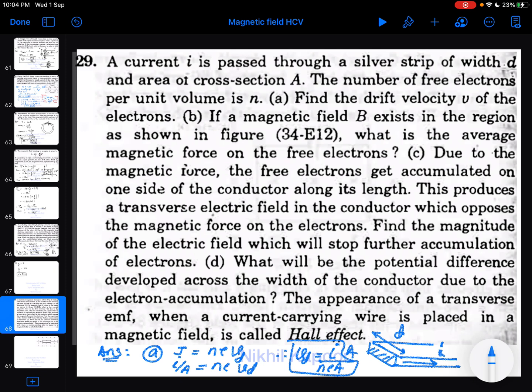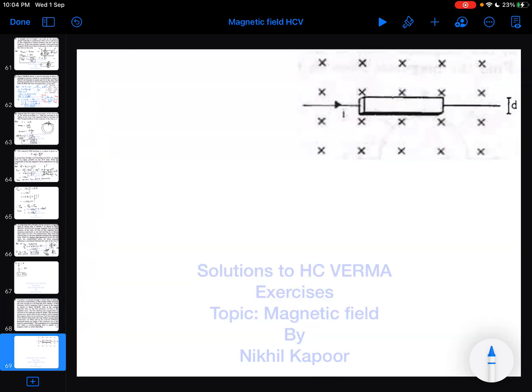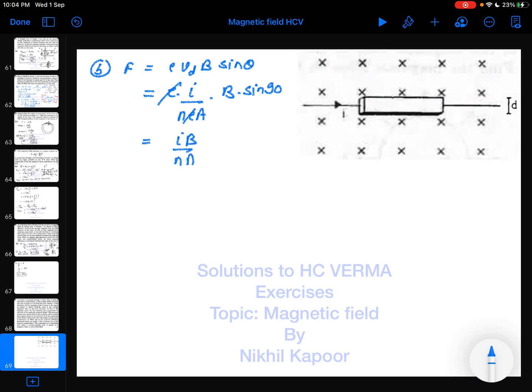Now second, if the magnetic field exists in the region as shown in figure, what is the average magnetic force on the electron? So here if the magnetic field exists, the force on electron will be e v B sin theta. The charge is electron, I upon nEA is the drift speed that we have calculated in part A. Magnetic field is B, while the motion of electron in the wire, the planes are perpendicular, so it is 90 degree. So this is cancelled out, so it will be IB upon